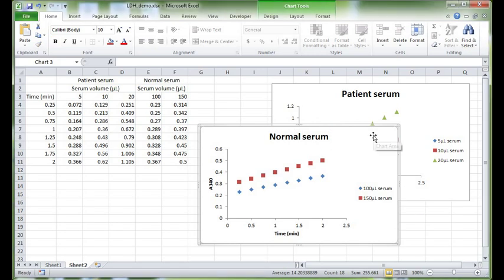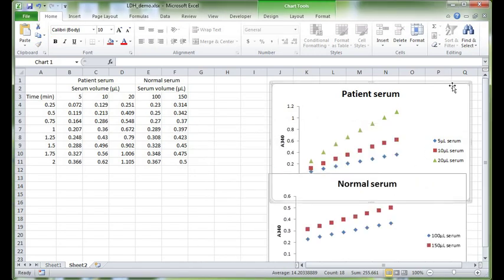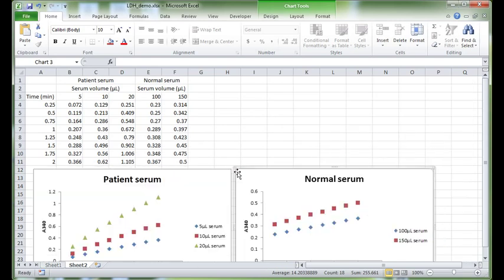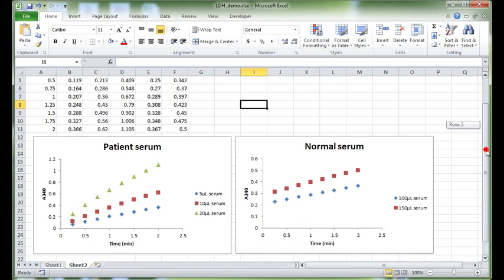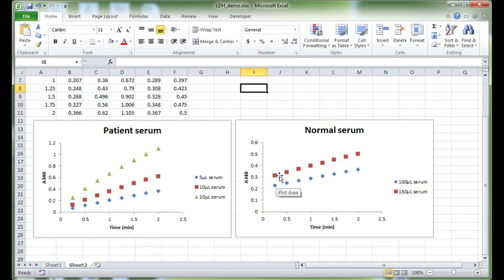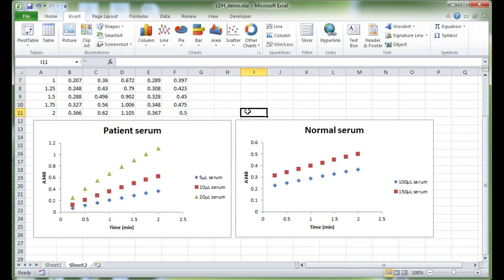Let's put these graphs side by side so we can analyze what they're showing. What we can see here is an increase in absorbance over time in both our normal and also our patient serum. The important thing to note with this particular graph is that even though it looks like the rate of change of absorbance is linear, it's actually not as linear as you think it is. A quick way to prove that to ourselves is to go up here